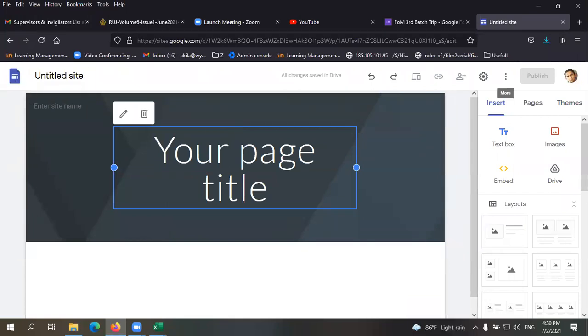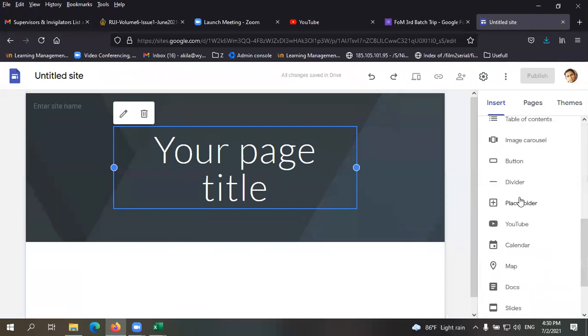Okay. So this is the interface of Google Sites. And this is the preview of your site. And these are the tools and modules that you can apply to your web page. Text boxes, images, and layouts are there, right? Image, button, divider, and YouTube videos can be added.